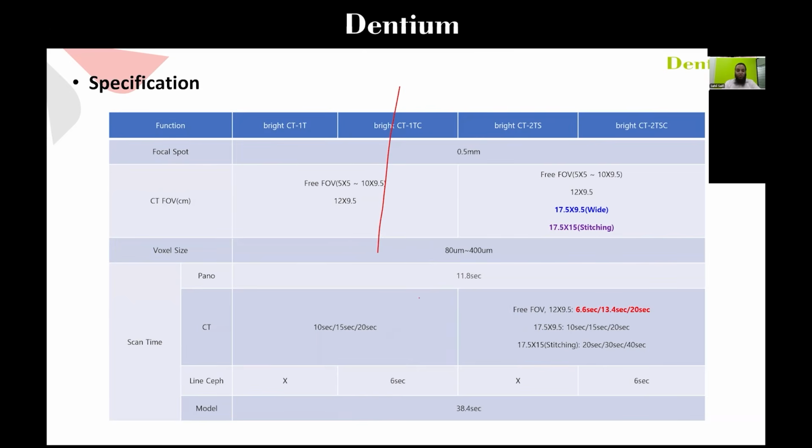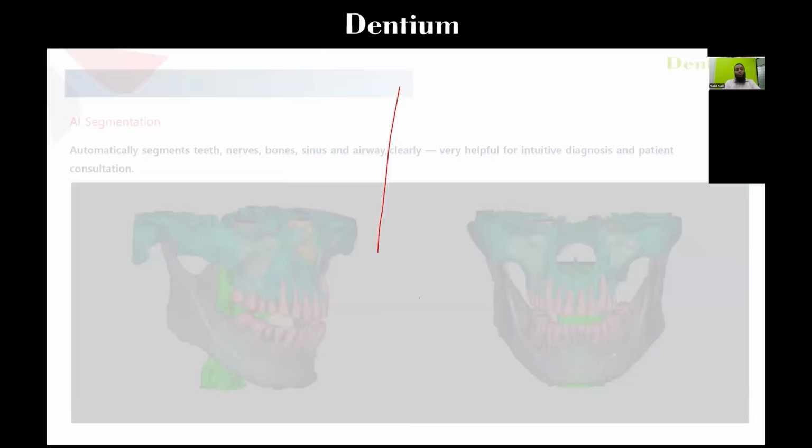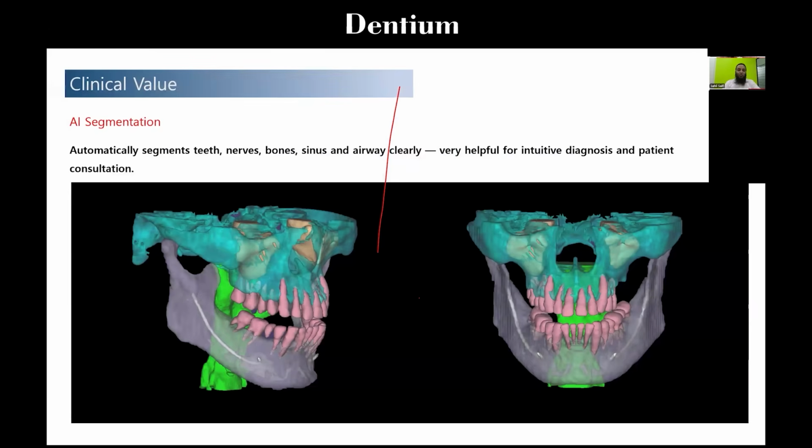Now, as I said earlier, we have many functions in the software, but we have limited time for this session. So I am just going to talk about one function which we have in our software, that is segmentation, AI segmentation. And as you can understand from the name, what it does actually, with the help of AI, we can segment the